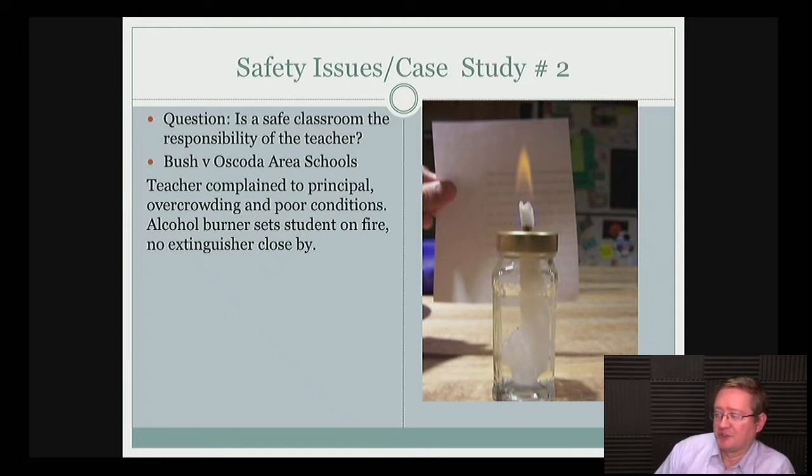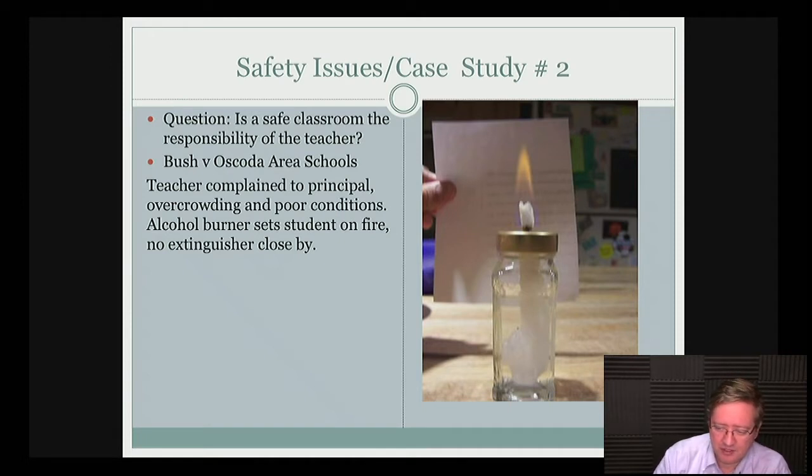In this situation, both were actually at fault. The principal was put on notice because he, or she, depending upon who the principal was, is in charge of the overall safety of the school. So the principal should have done something different